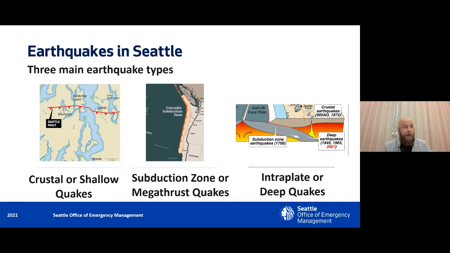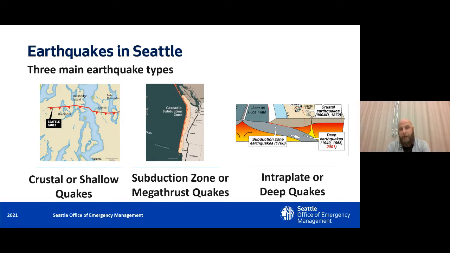So when we talk about the earthquake types, and I'll talk about this in several spots as we move forward, this really does relate to how we respond. If we have that Seattle Fault earthquake, that shallow quake, it really is a worst case scenario because we're likely to have a lot more impacts. The one benefit would be that it would be somewhat of a localized event as compared to some of these other types of earthquakes. So we may be able to pull more resources from other jurisdictions in the region, from other parts of the state or nearby states.